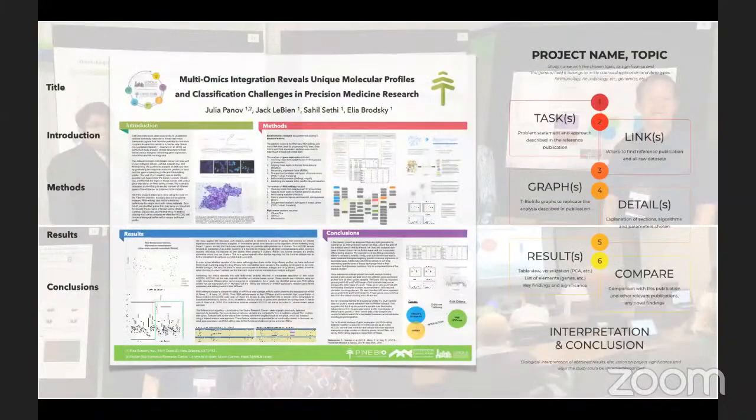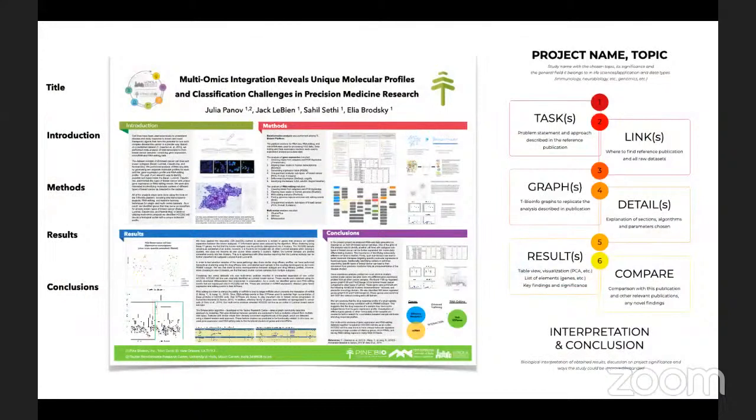So to help participants reach this stage of a complete project that they can then present to a larger audience, we work with them through the steps of the project design. So we have these different steps in the project design process that we work with each one of the participants. Each research fellow goes through this process, starting with learning about the different multi-omics topics,